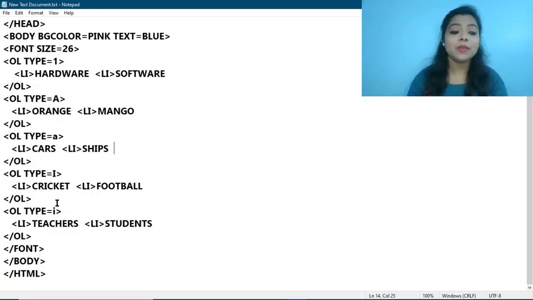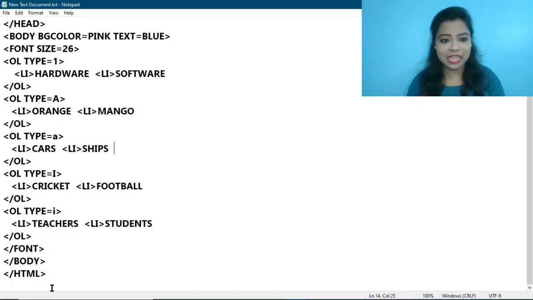Here the type is Roman one but in small letter, and added two different contents using the LI tag and ended the OL tag here. Then after ending this, I have ended the font here. Then ending the body tag and then ending the HTML tag as usual. So the writing part is done here.